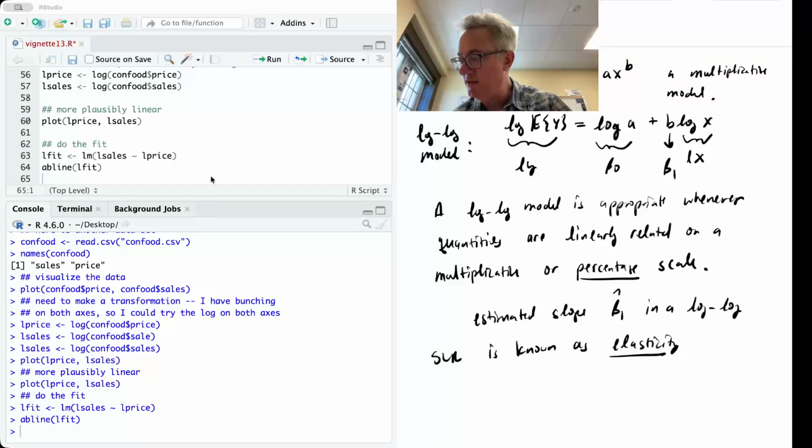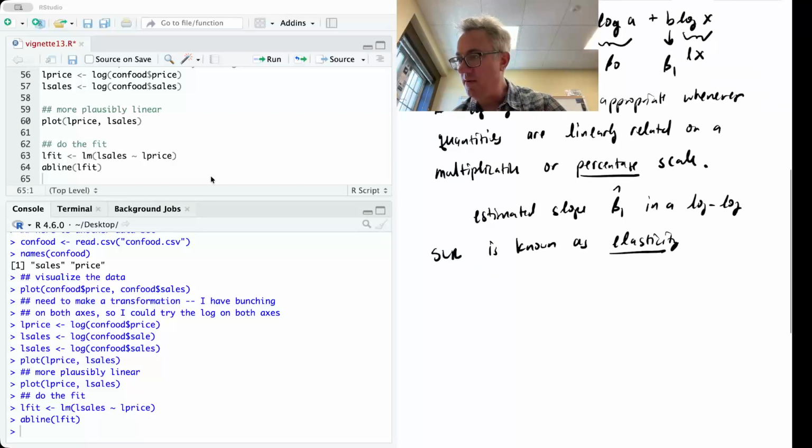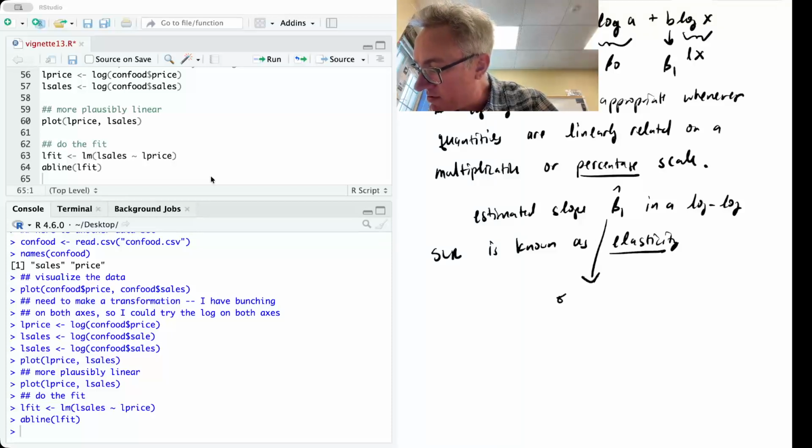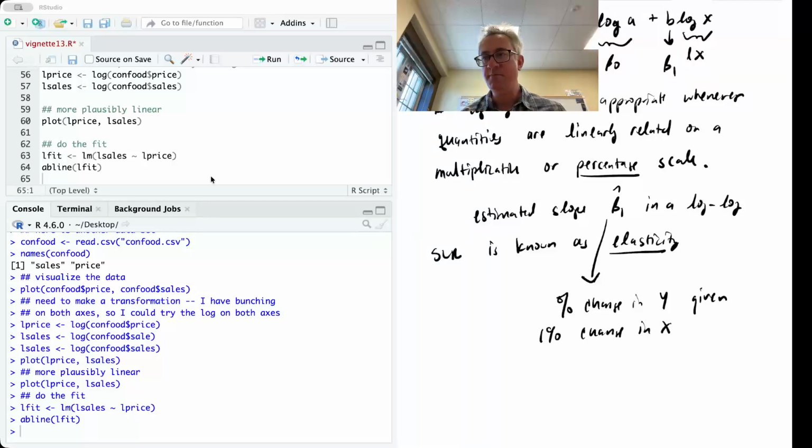So why is an elasticity interesting? It's because this estimated slope tells you the percent change in y given a 1% change in x, back on the original